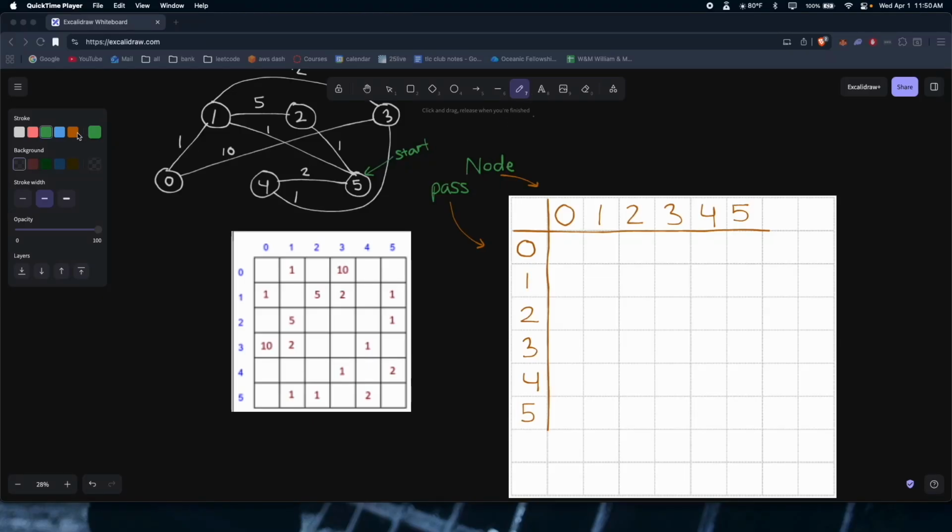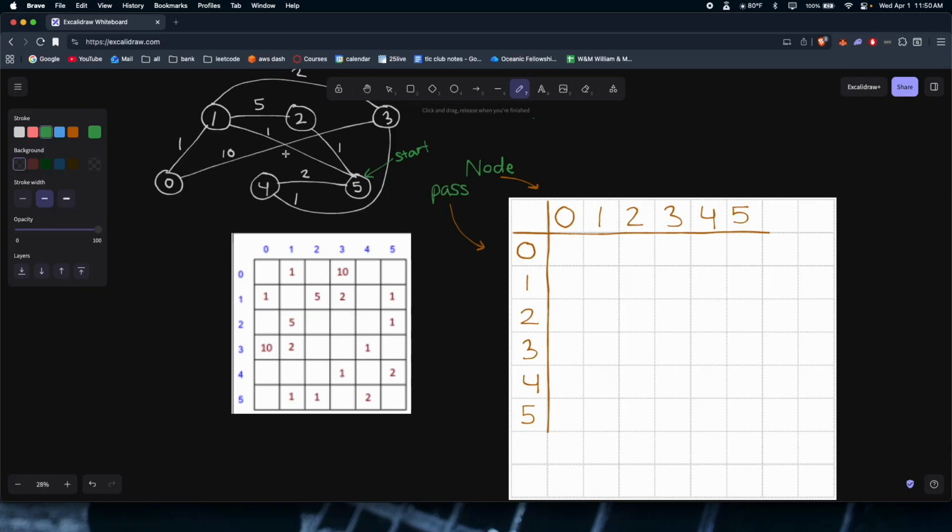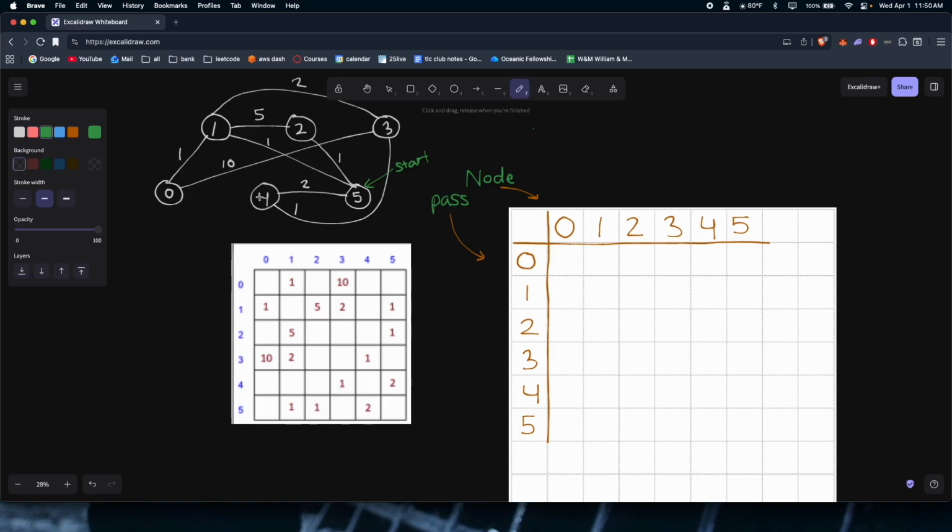All right, we're going to be running through Bellman-Ford's algorithm on this graph right here. It's used to find the shortest path from a single node, or from a single source vertex, to all the other vertices in a weighted graph. So we have a weighted graph right here. I just drew it out for visualization purposes,